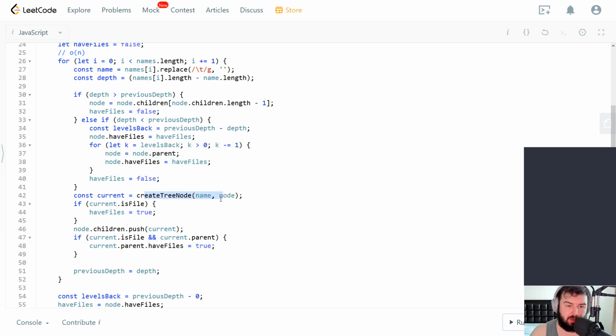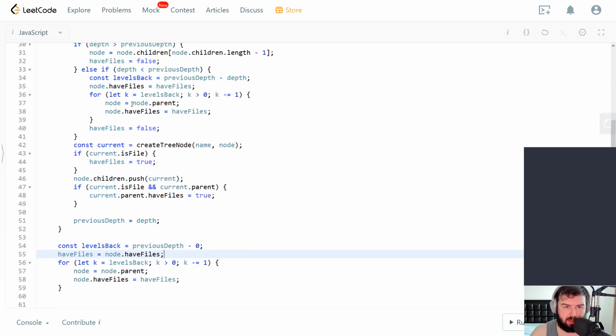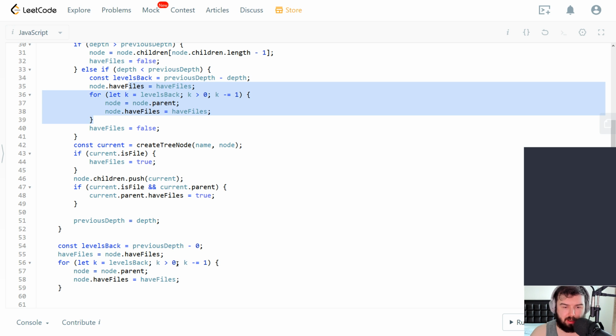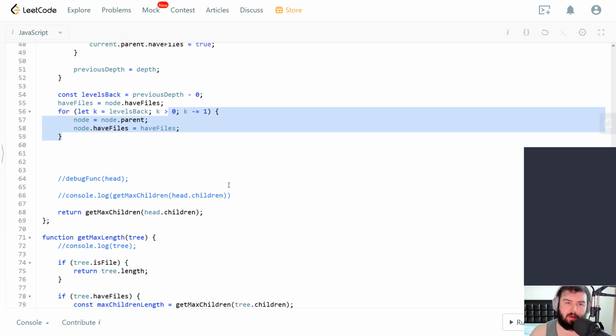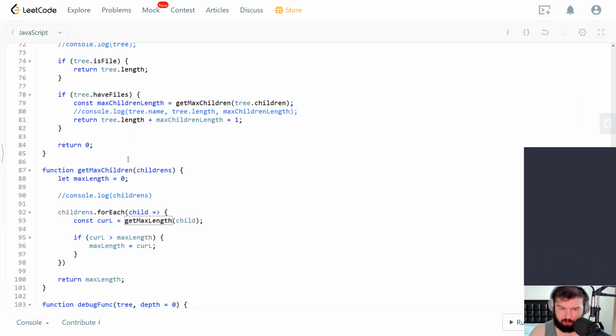We create a node which is 1. We push which is 1. So we have O(n) here. Fine. We go back again, it doesn't count. It's like 1 here because it's constant depending on how many times we had to go inside. For getting max length, we have a recursion of 2 functions: